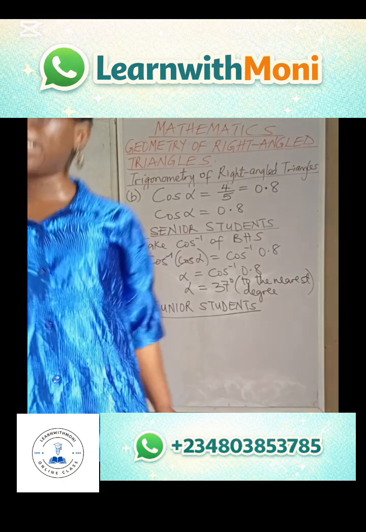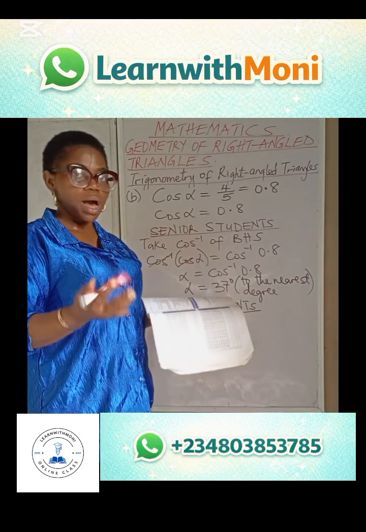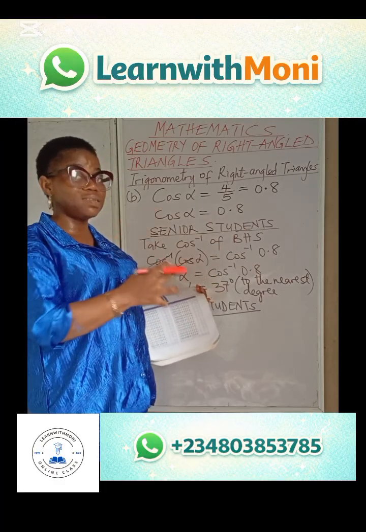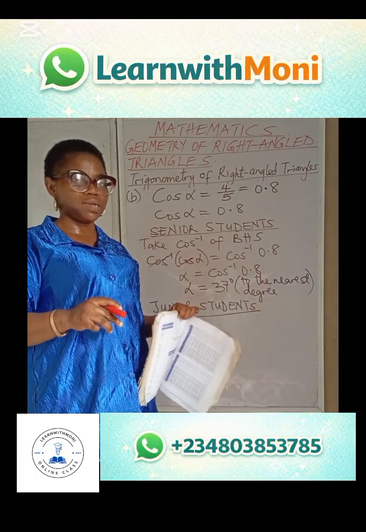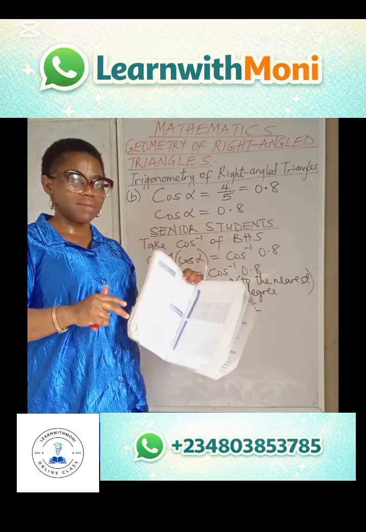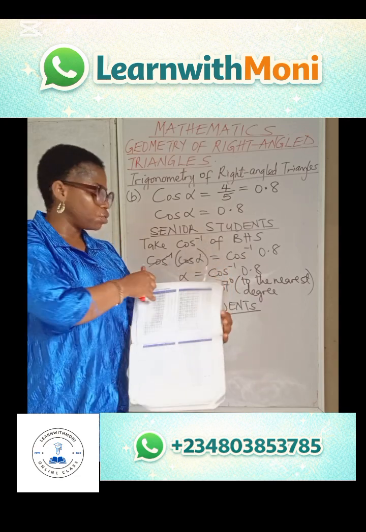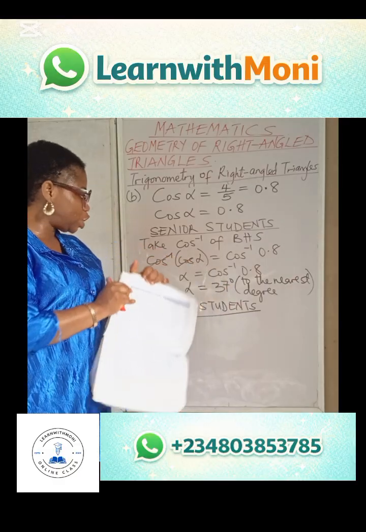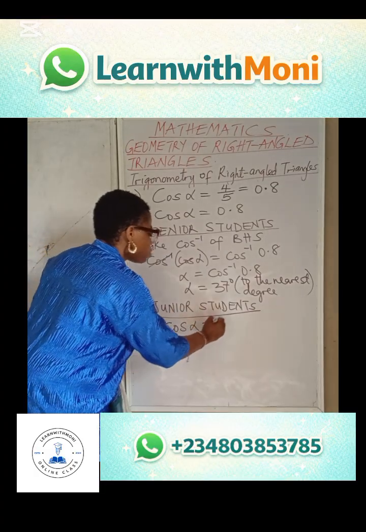So what you do is check your trigonometry. There is a booklet called the four-figure table, commonly among you students. That is your statistical and trigonometric table. You will not be allowed to bring your textbook into any exam, but that booklet is permitted in any examination. Inside it, you have all this that you have at the back of your textbook. So go to the table of cosines of angles and check for the cosine of angle that is closest to